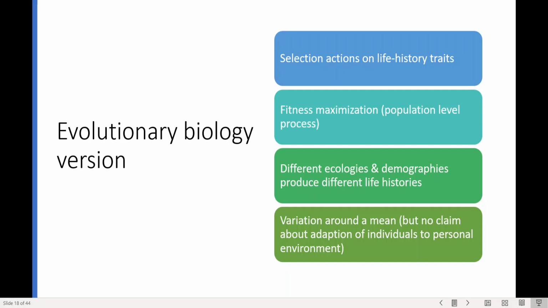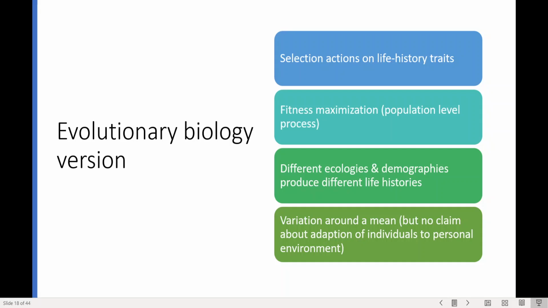And so over time what we will see is as groups of individuals move into different ecologies or have different demographic compositions, they will produce different life histories because they adapt to these environments in slightly different ways. So the distribution of energy happens slightly differently, trying to balance these different functions. And so over time, we will see the emergence of new species.